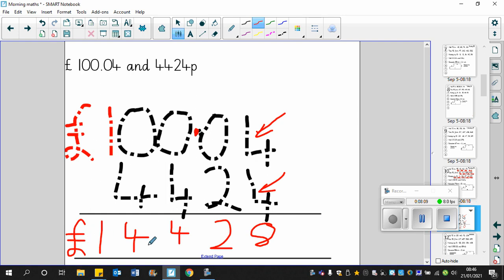How much is this? This looks like 14,428 pounds, which is of course nonsense, because we've only started with 100 pounds there, and then a few, and then some pence there, so it can't possibly be 14,000. I've forgotten. Look, there's a decimal point here, so therefore you have to have a decimal point here, and therefore you have to have a decimal point just here. Okay,